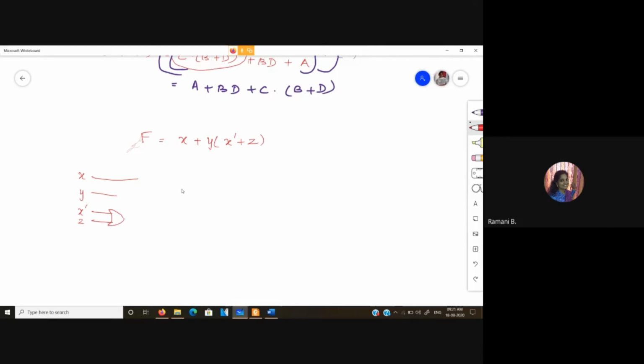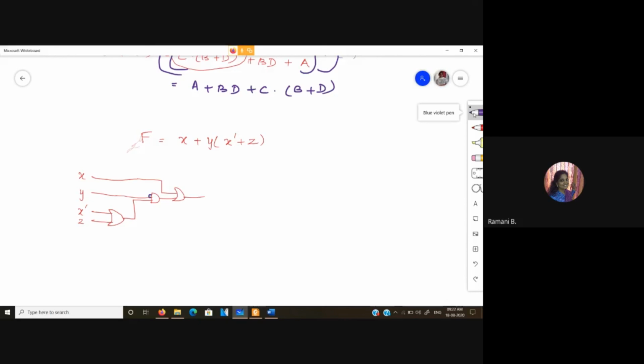This is going to be my first level. This is ANDed with y, and that is to be ORed with this x. So the first thing you are going to do is insert a bubble at the input side of the AND gate and the output side of the OR gate.